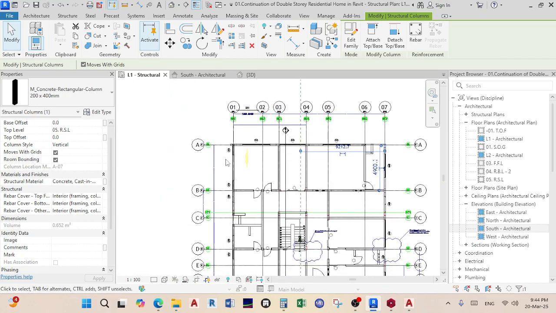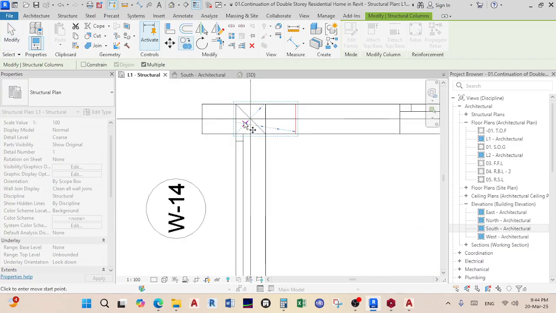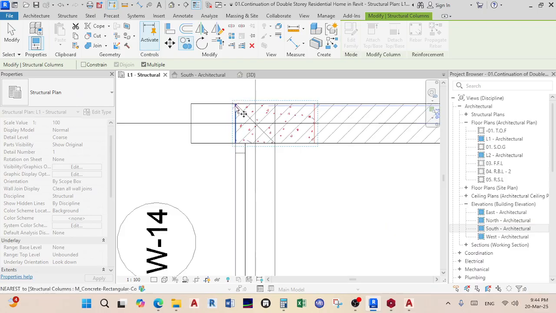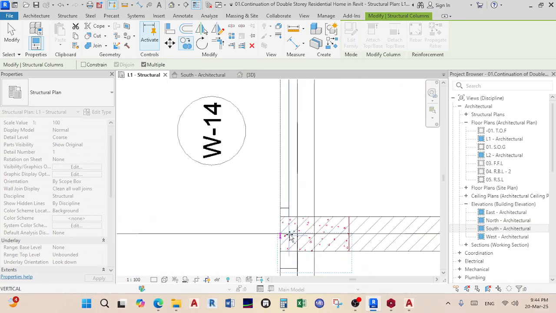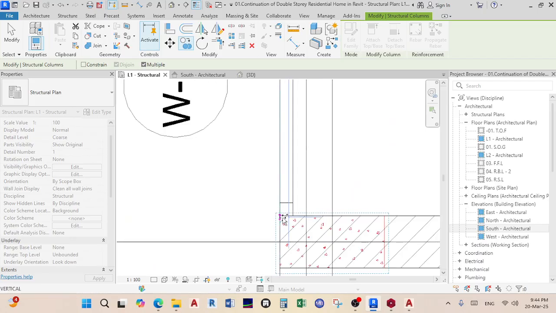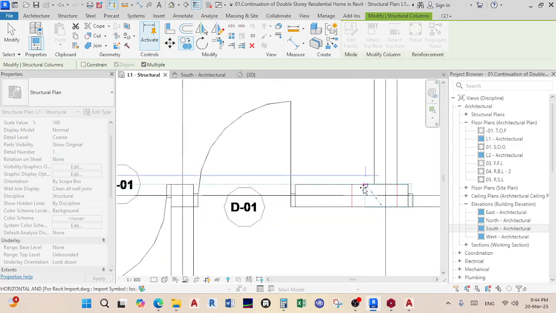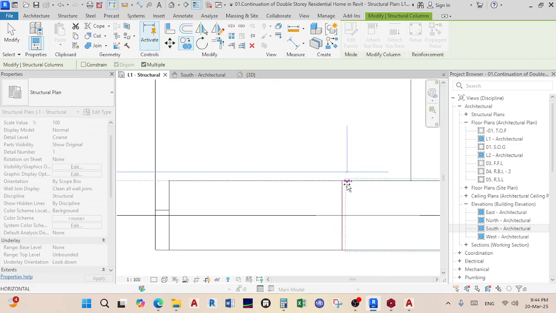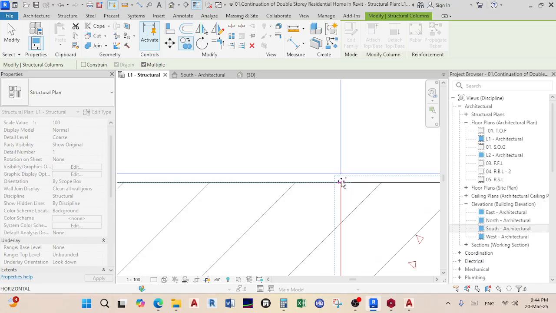So I go now to my B axis. I'll choose one of these columns that I've already placed, and I'll say copy, and I'll choose the top part there, and then I'll go into my B axis. I'll put one there, another one there. I'm trying to wait for my little,